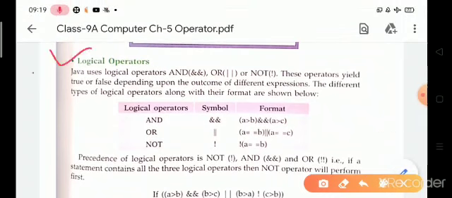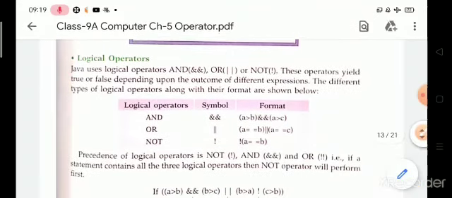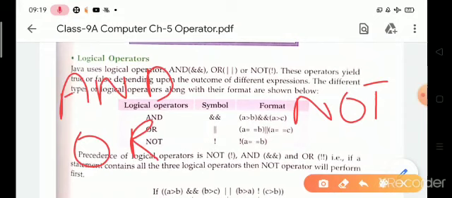These operators are important. Now, logical operator. There are three types of logical operators used in Java. First one is AND operator, second is OR, and third one is NOT operator.